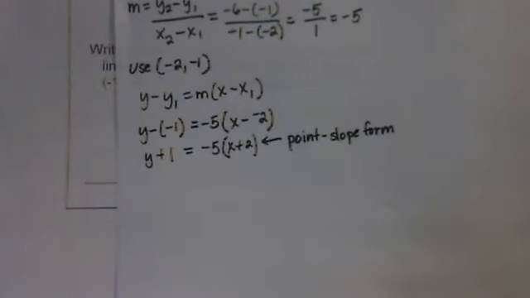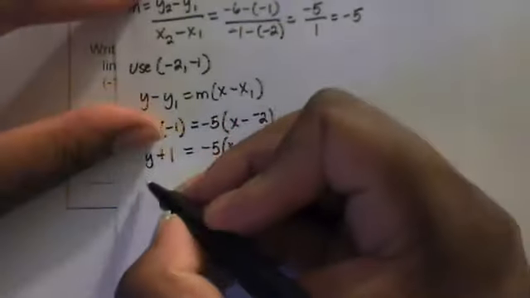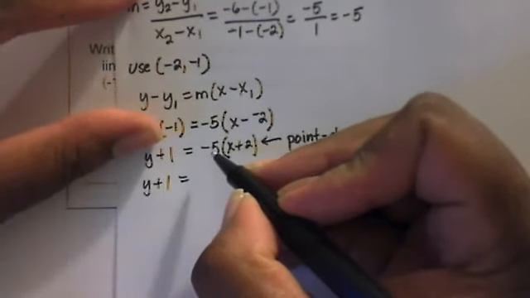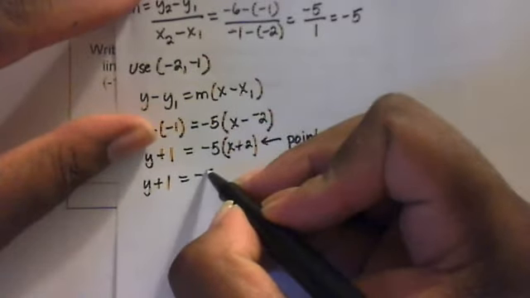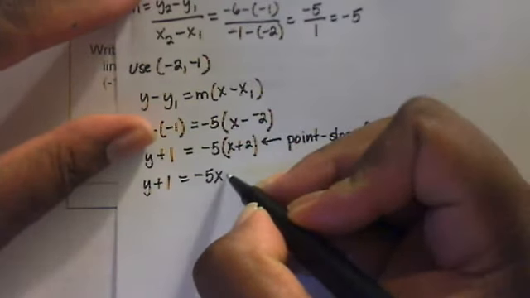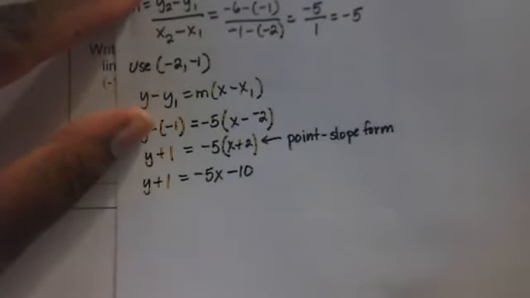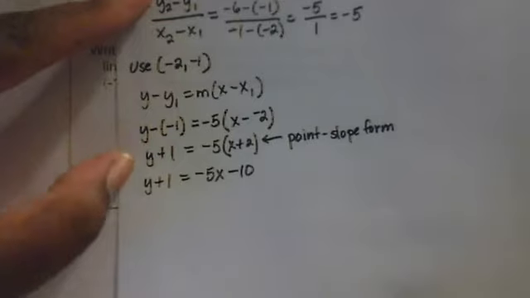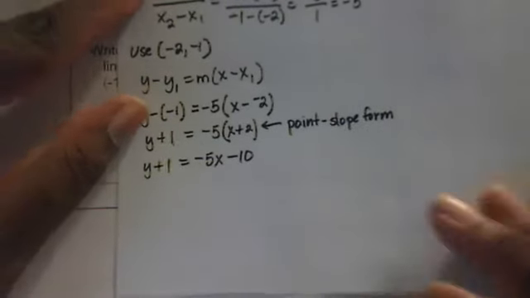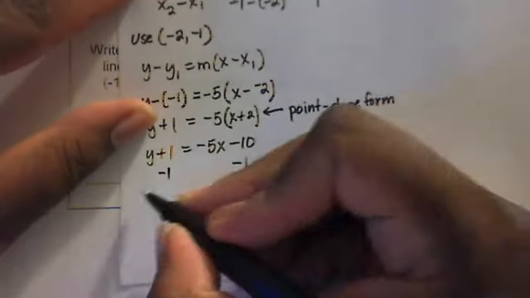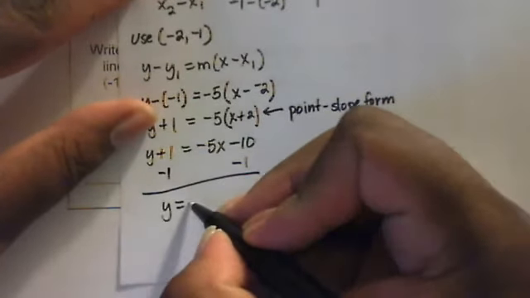But we're also asked to solve this for y. So in this case, we'll just finish this out. We'll do y plus 1 equals, now use the distributive property, negative 5 times x is negative 5x. Then negative 5 times plus 2 will be minus 10. So it'll be y plus 1 is equal to negative 5x minus 10. Now we need to get the y by itself. So here we'll subtract 1 on both sides. So that means we're going to have y is equal to